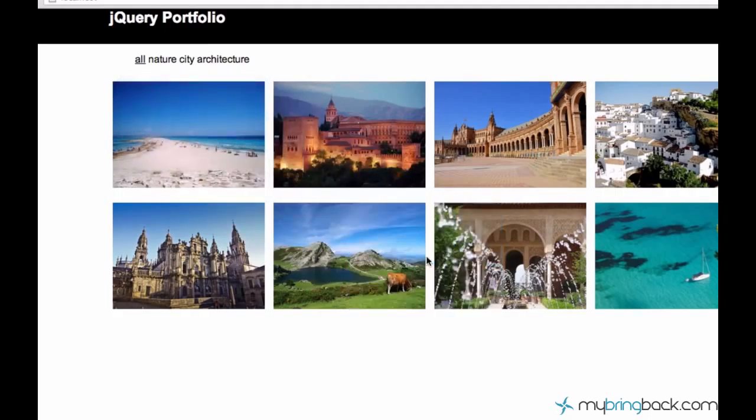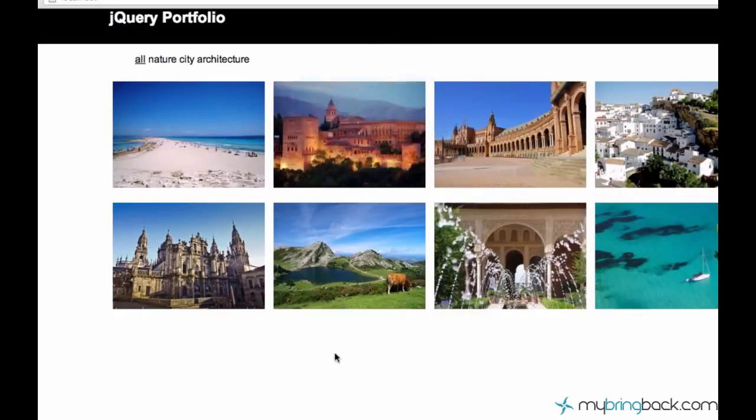Then when we drop it, we will write a jQuery code which uses AJAX, which sends a message to a server with the order of these elements, and the server will have a PHP script which will save it. Next time when you go to this page and open it, you will see the changes you've made